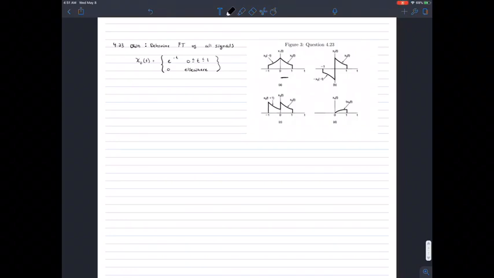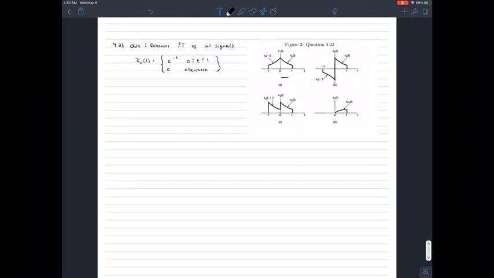Alright, so our next question comes from 4.23 Oppenheim. It wants us to determine the Fourier transform of all the signals given. So it gives us x naught of t, and then it gives you multiple versions of it where it's flipped, flipped upside down, then time shifted and then multiplied by a coefficient. So before you even try analyzing all of that, the first thing you need to do is determine the Fourier